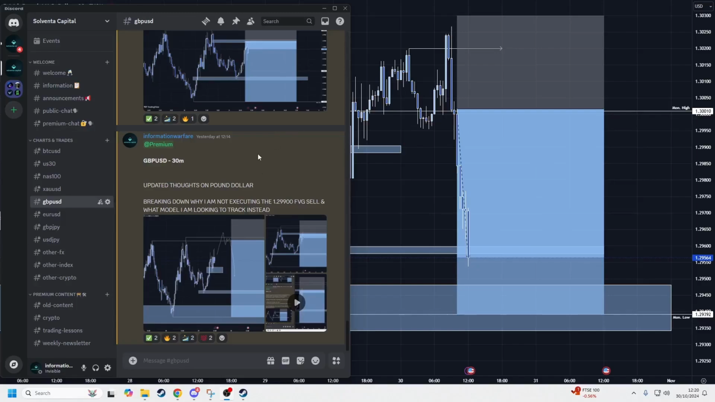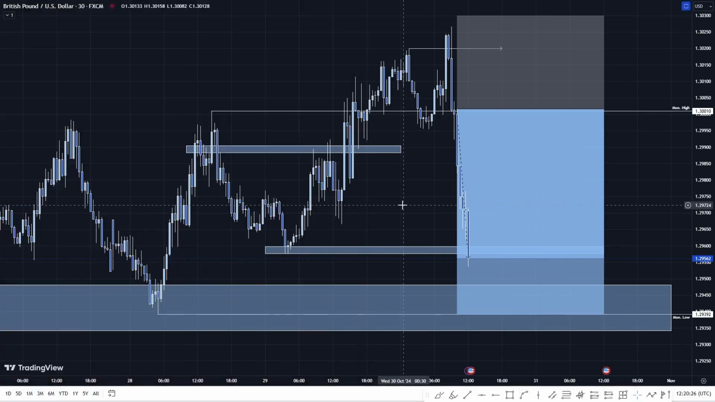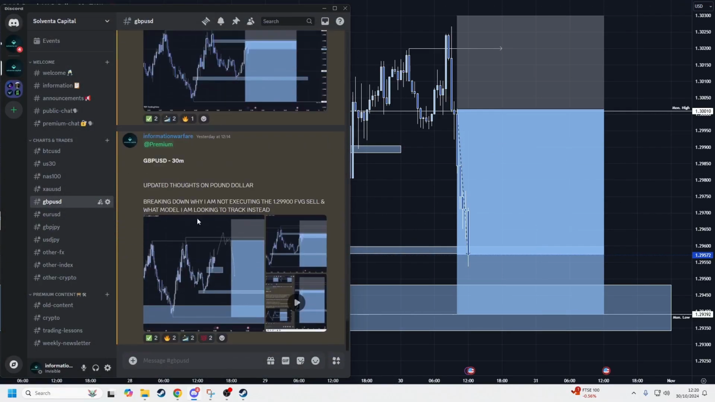Hello. Looking at pound dollar here, 30-minute chart. The last update I gave, I essentially said there's a potential sell from this FVG. This one here, we showed some rejection, but then we pushed through. More importantly, in the next update, I told you guys that I'm not actually interested in taking that sell,